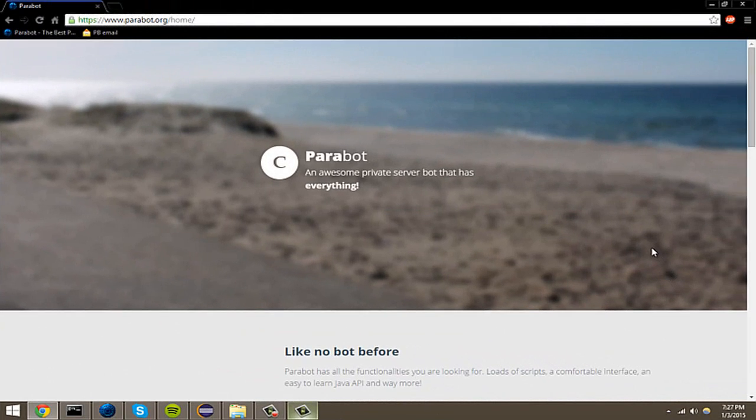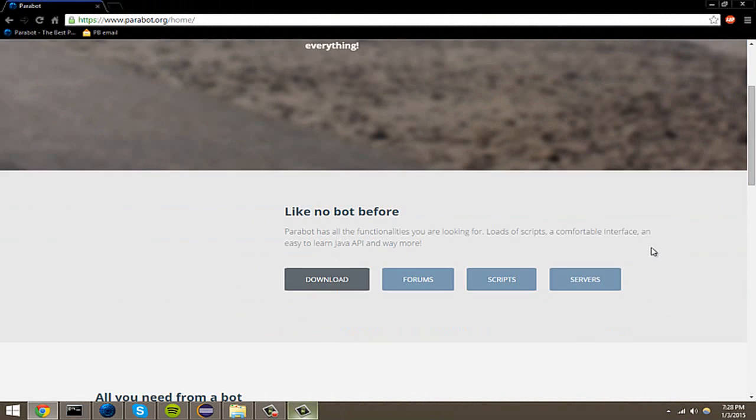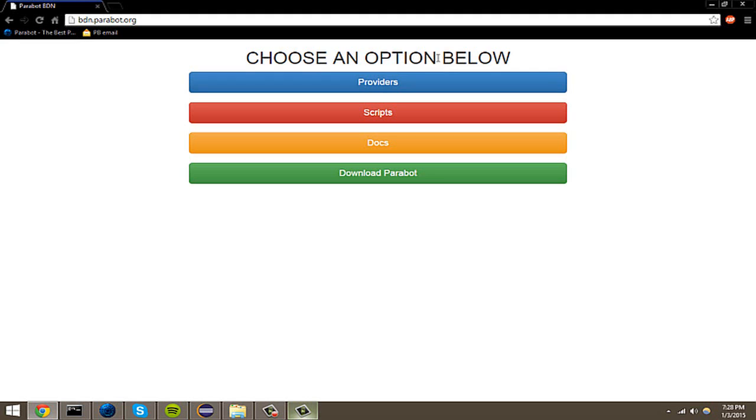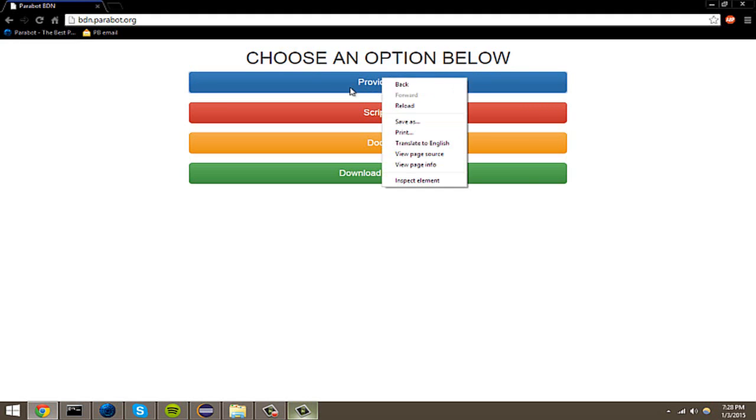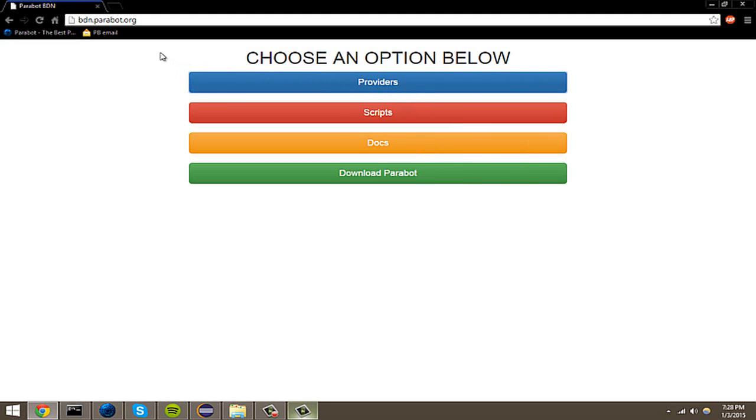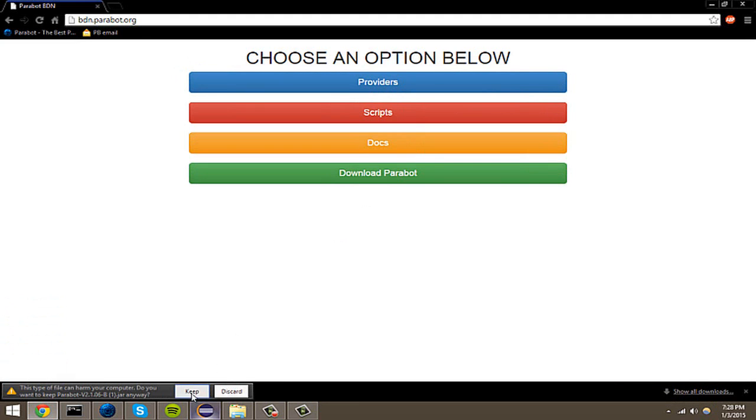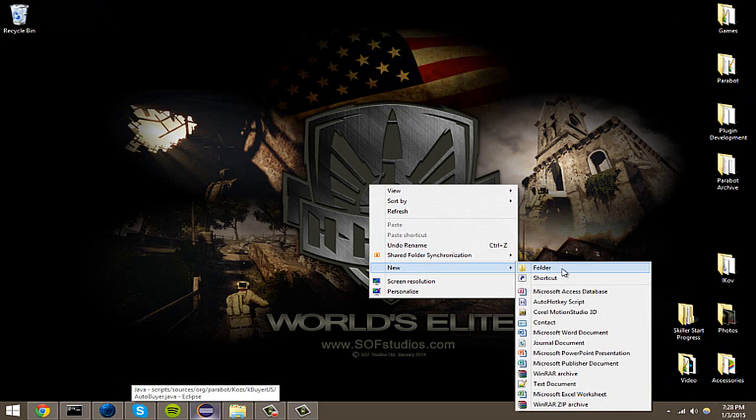Now that we have JDK, we will now download the necessary jar files that we will need to compile scripts. You can find these by going to download, and there's providers. As far as I know, they added a thing for providers in a recent update. Maybe it hasn't been implemented here, but there is a new one. So let's click download Parabot, click keep,